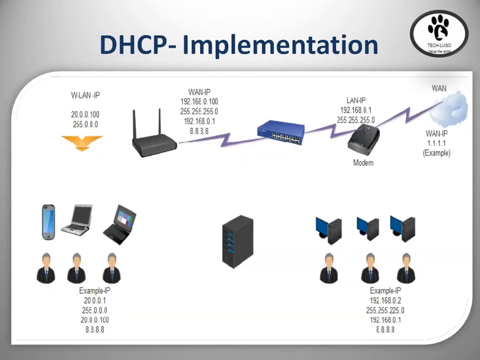Here we are going to discuss DHCP implementation. This is most important because there are a lot of videos already. Most people have completed DHCP configuration: how to configure DHCP, how to create a scope, what is MAC filtering, what is MAC reservation. Before going to that, you should have an idea, based on the environment, what kind of implementation I should do. I have around 50 or 60 PCs.